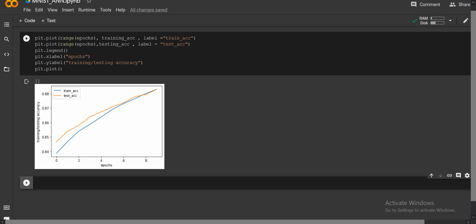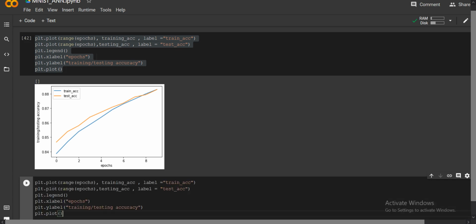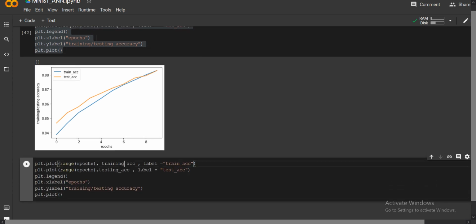Then you can do similar for the losses also. You can directly copy and paste, you don't have to type again and again. Here you have to write test loss, testing loss, and similarly training loss.